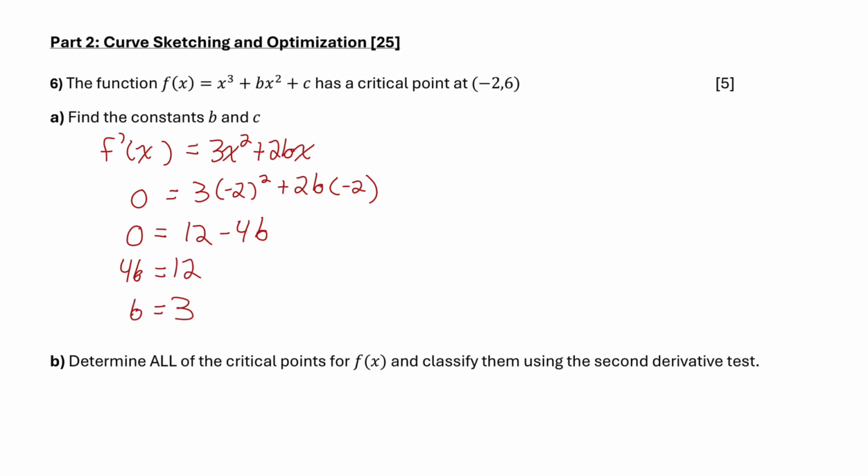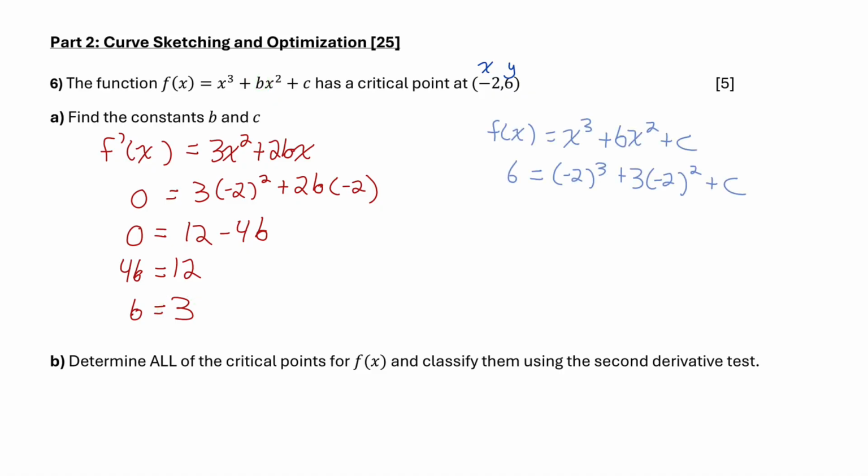So now that I have the value of b, how am I going to get c? Well, I do know a point that is on the function. When x is negative 2, y is 6. So into this equation, I can set f of x, the y value, equal to 6. I can set the x's equal to negative 2, and I can set b equal to 3, and then solve